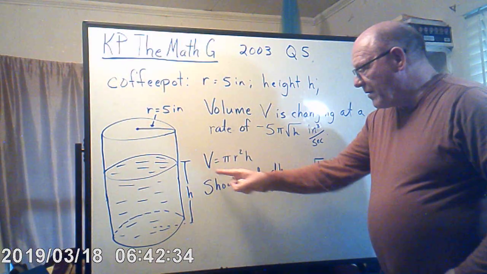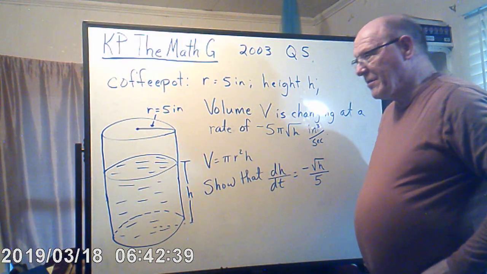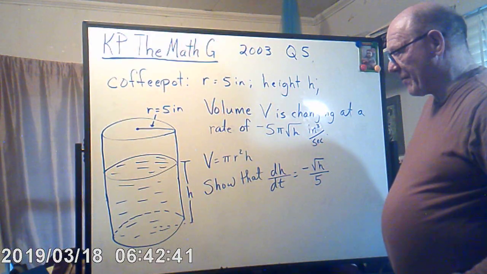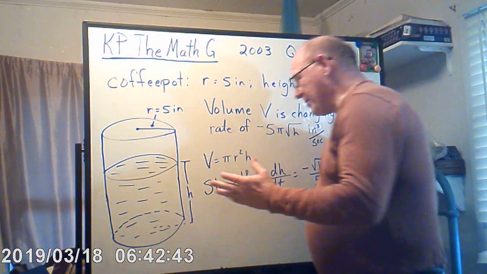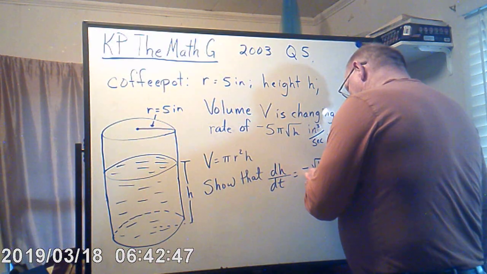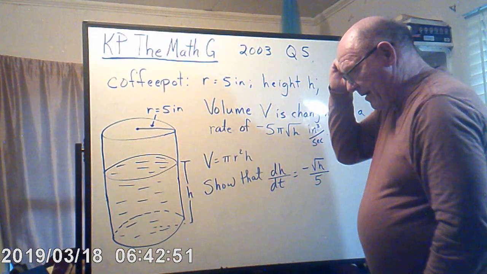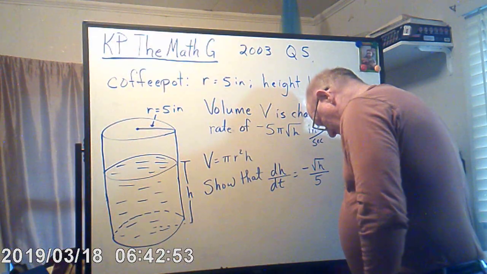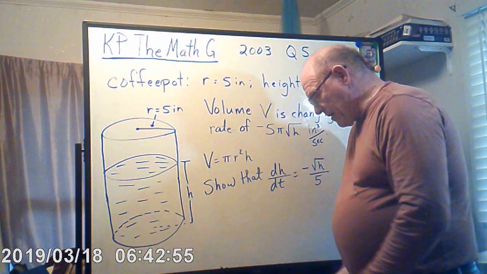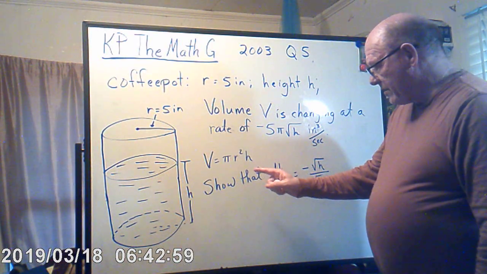The volume of a right circular cylinder is V is equal to pi r squared h. Now, we've got to show that dh over dt is negative square root of h over 5. Alright. Now, to do that,